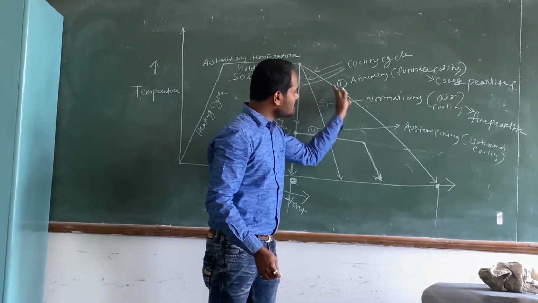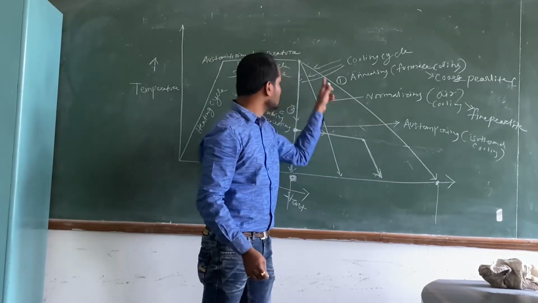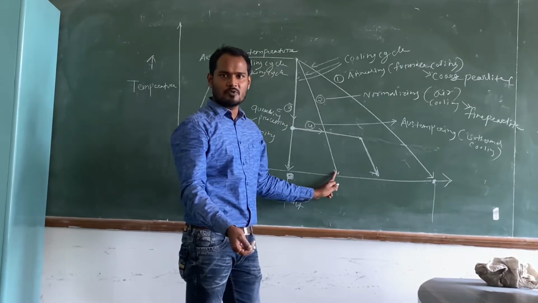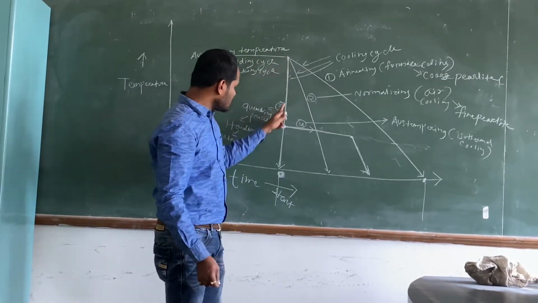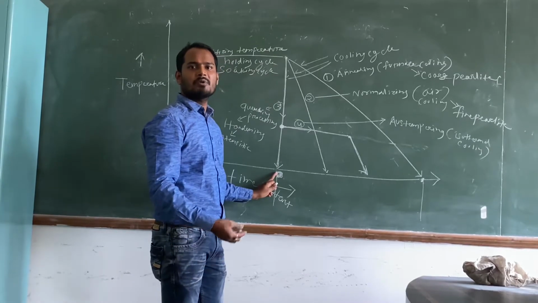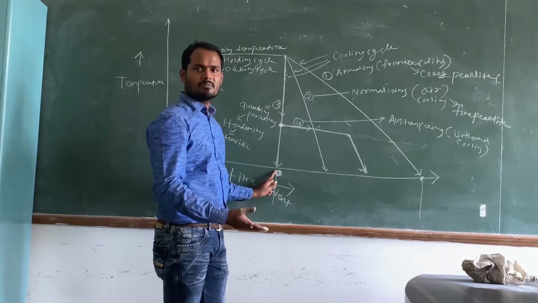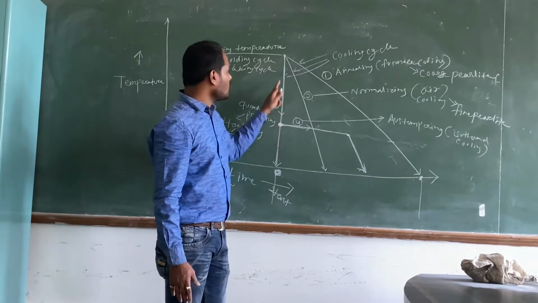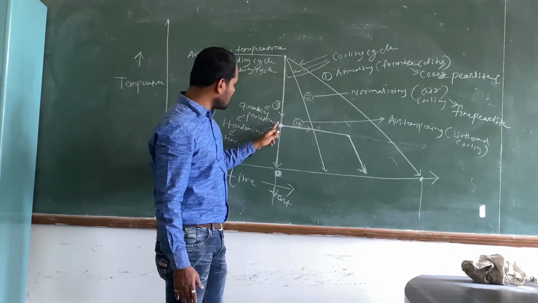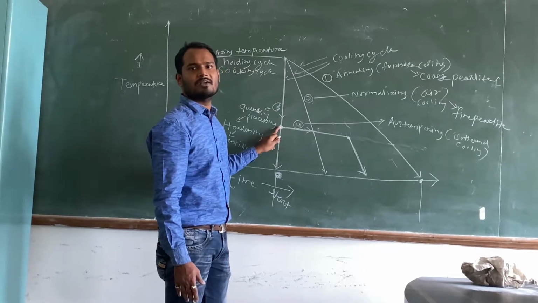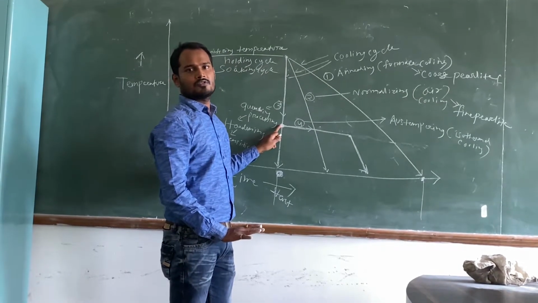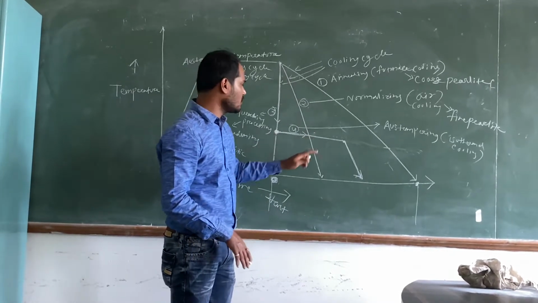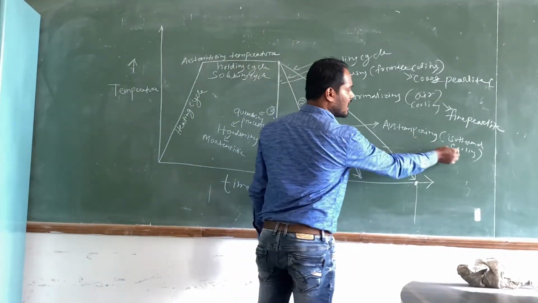That means annealing is a continuous cooling, but inside the furnace. Normalizing is a continuous cooling outside the furnace, that means in the atmosphere, in the air. Quenching is also a continuous cooling. It may be in oil, water, ice, or brine. But this type of cooling is an interrupted cooling. We are quenching the sample to this temperature and holding it at this temperature. So our sample temperature is fixed, it will cool slowly. So this is called Austempering, isothermal cooling.